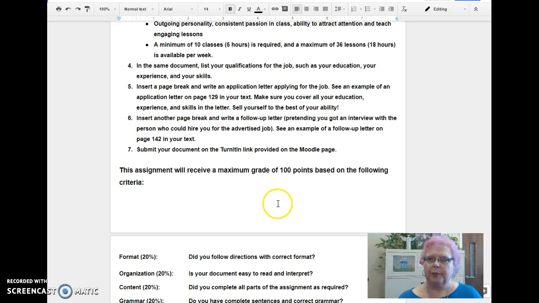Then you're going to put another page break and you're going to write a letter pretending that you've already had a successful interview with the person that you wrote the letter to applying for the job. And now you're going to